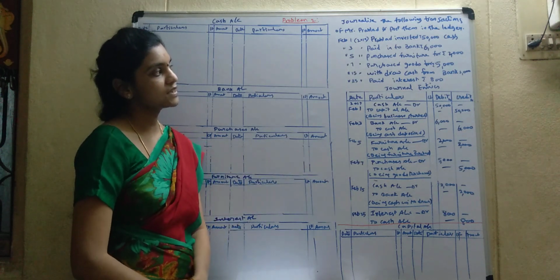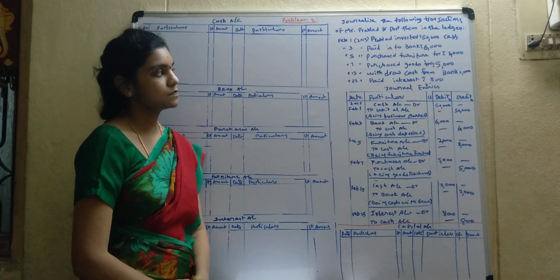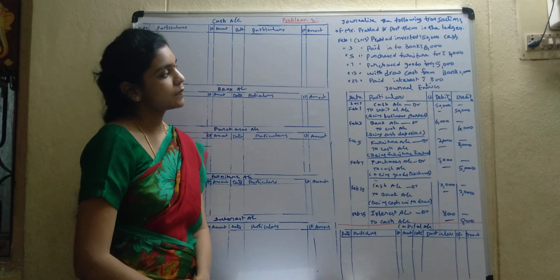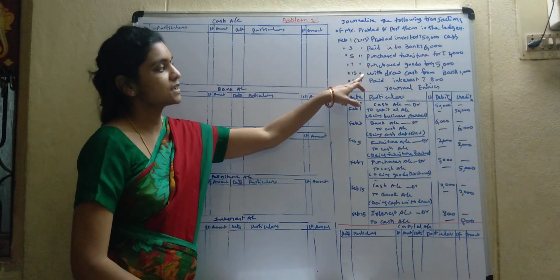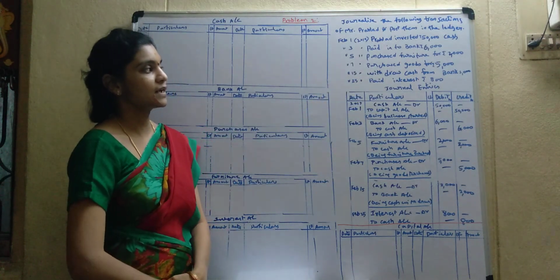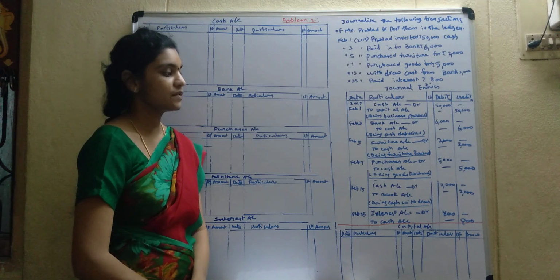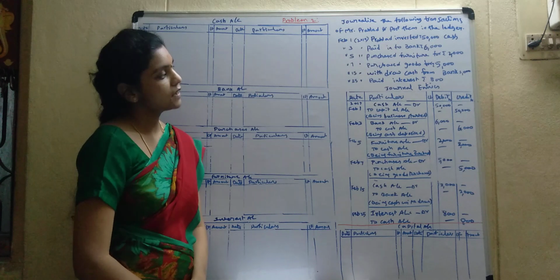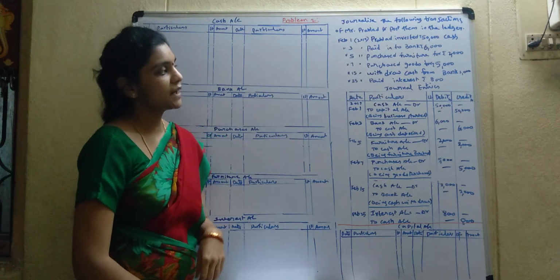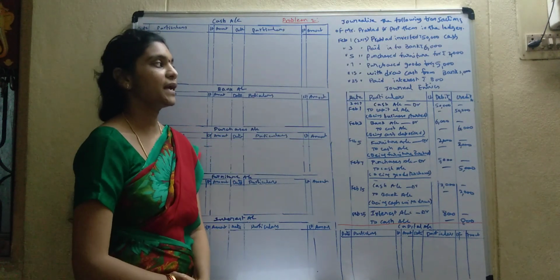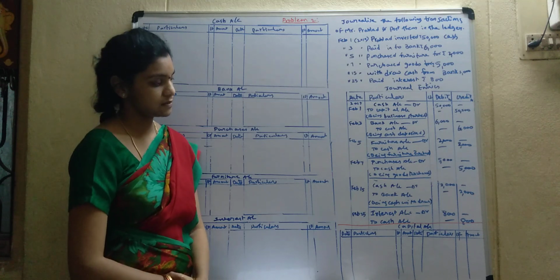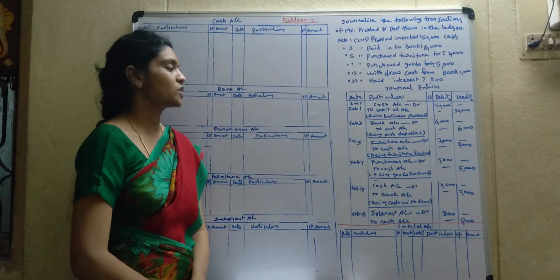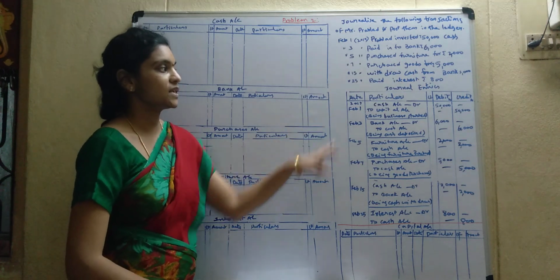And coming to the next, purchase the goods, same. Purchase account debit to cash account. And coming to the next transaction, withdraw cash from bank. What is the entry? Cash account debit to bank account. And coming to the last, paid interest. Paid means expenses. Then interest account debit to cash account. Okay, these are the journal entries.